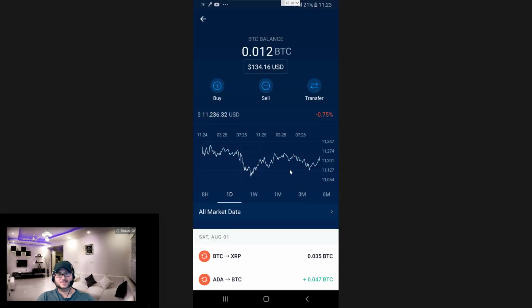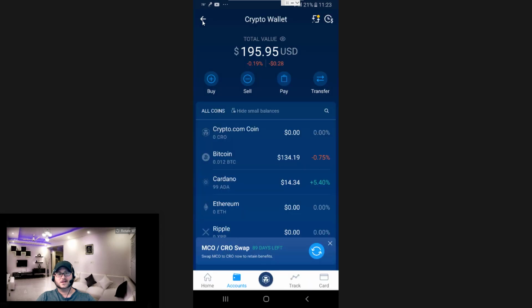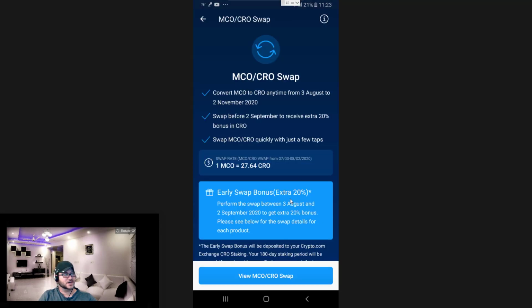So the cons that I had specifically for Crypto.com is, number one, their referral bonus. Now this might be a little bit nitpicky, but with the referral bonus, it's $50, but it goes into the form of their own cryptocurrency, which previously was MCO, now it's CRO. And you can see here that it's telling me I have to actually do a conversion because they've changed from MCO, which is now worth 27 CRO,